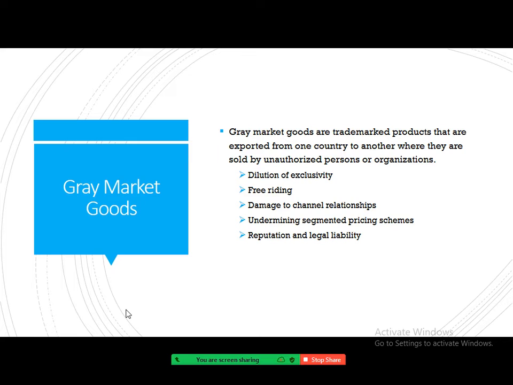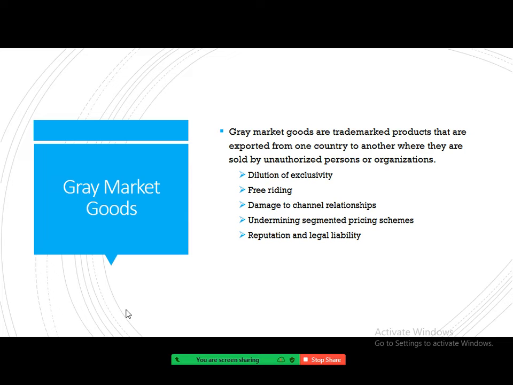Now we'll take one example. Suppose that a golf equipment manufacturer sells a golf club to its domestic distributors for $200. It sells the same club to its Thailand distributor for $100. The lower price may be due to differences in overseas demand or ability to pay, or the price difference may reflect the need to compensate the foreign distributors for advertising and marketing the club. The golf club, however, never makes